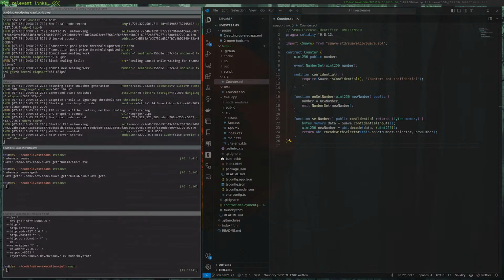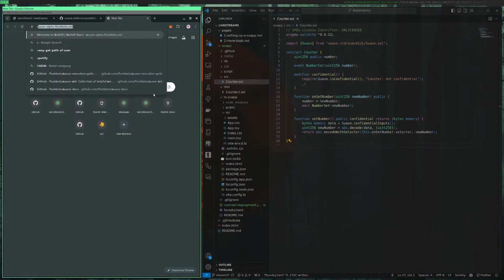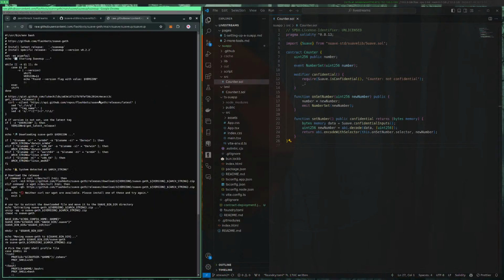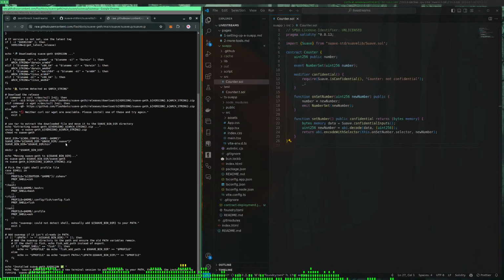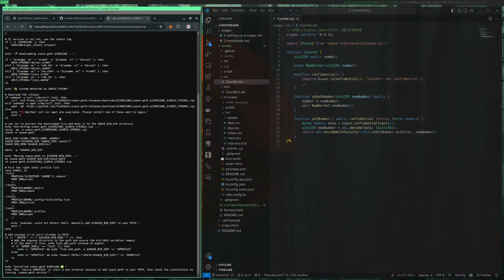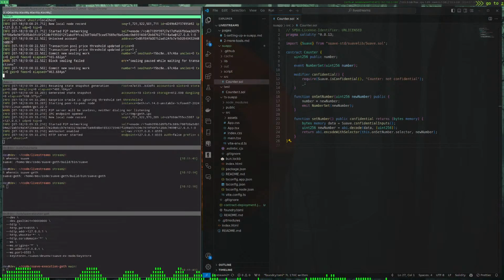Yeah. So it's suaveup.flashbots.net. This is just a script that's going to install suave-geth, I think it goes into local bin or something. But this will just install it. So if you want to install it this way, you can do